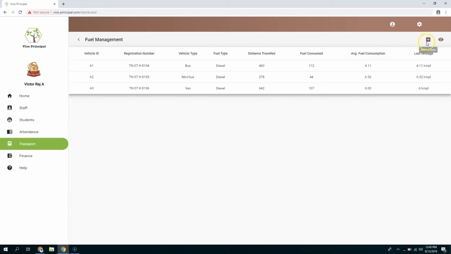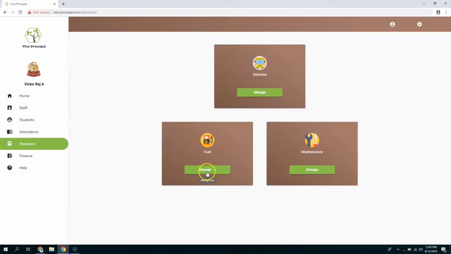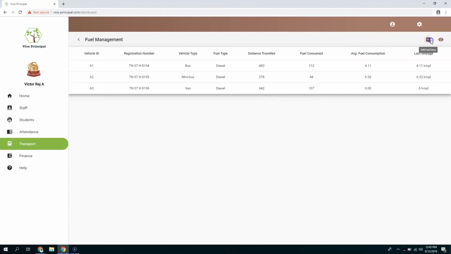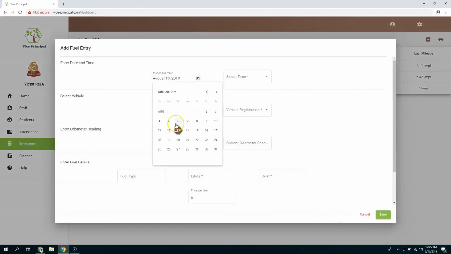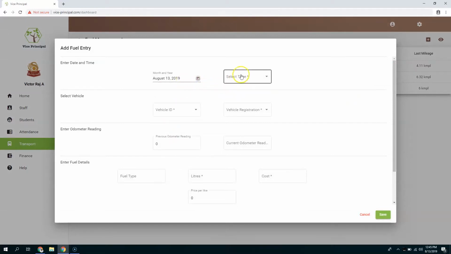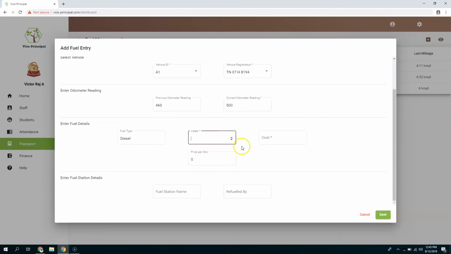To add a fuel entry, we need to go to the fuel section again, and then here we need to click add fuel entry, and here we can select the date. For example, I'm going to select August 13, which is today, and I'm going to select 10, for example, and select the ID as A1, and the previous odometer reading has arrived as 460, and the current odometer reading that I'm going to give is 500. And here I'm going to say the number of liters that I have added is 6 liters, and the cost of 6 liters is going to be 450,